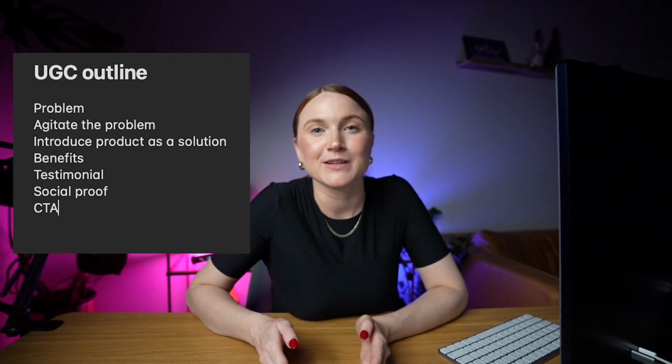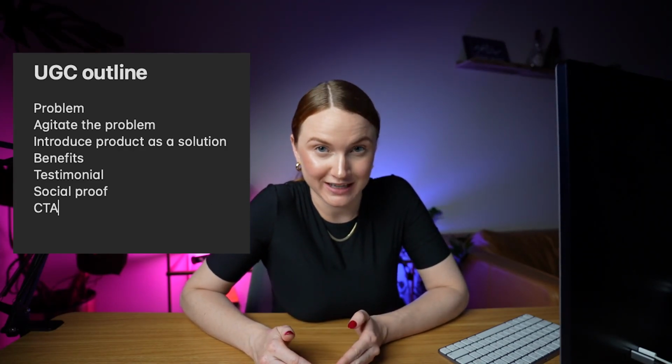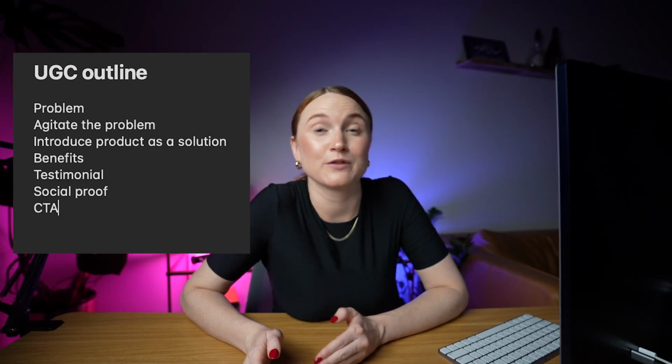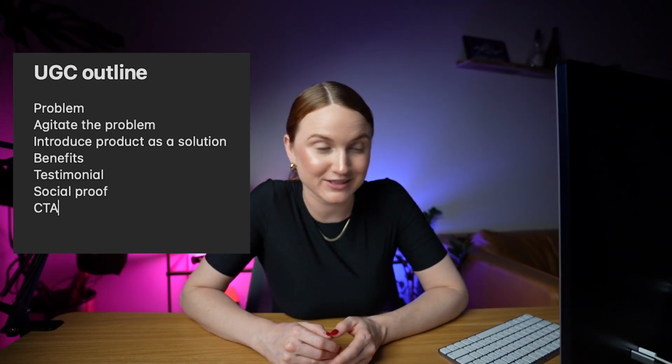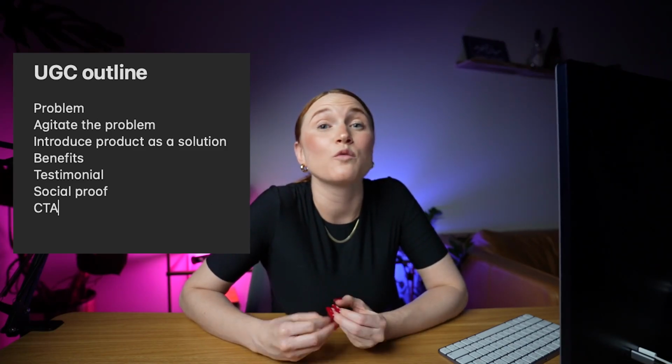And a lot of this also goes back to the brief. So an example of this, say we were executing on a problem solution style UGC brief. The general outline of that kind of script goes problem, agitate the problem, present the product or service as the solution to that problem, benefits, testimonials, social proof, and then catchy CTA. And in theory, with modular content, you can swap out different hooks, different problems, different problem agitators, different benefits, different forms of social proof, and different CTAs. And this is at the core of what modular content is. It's the ability to have different content blocks that you can swap in and out.